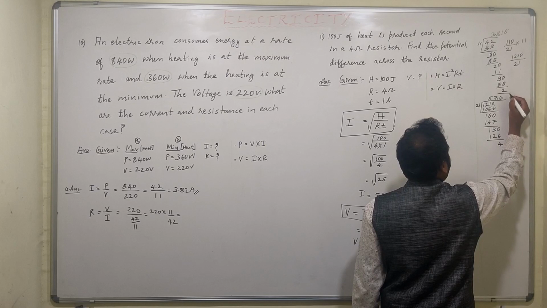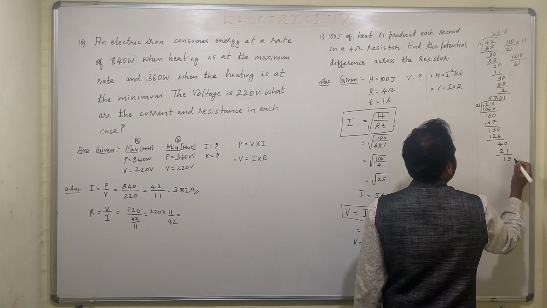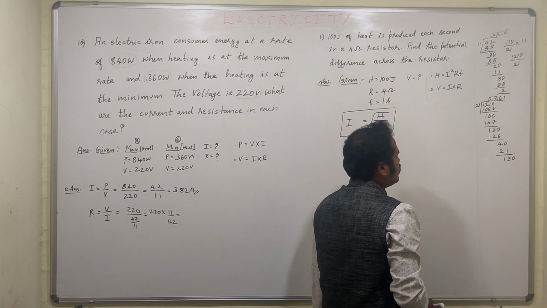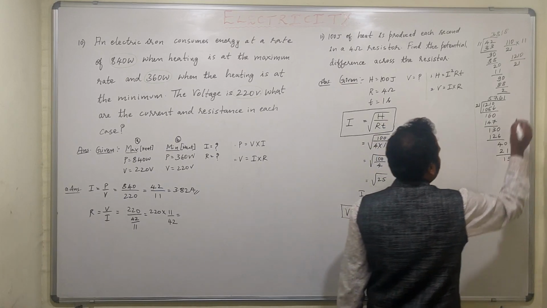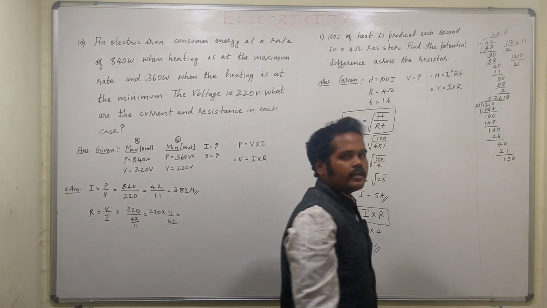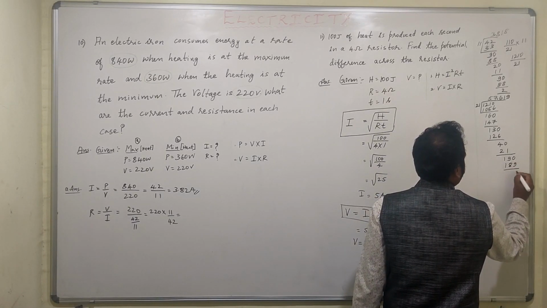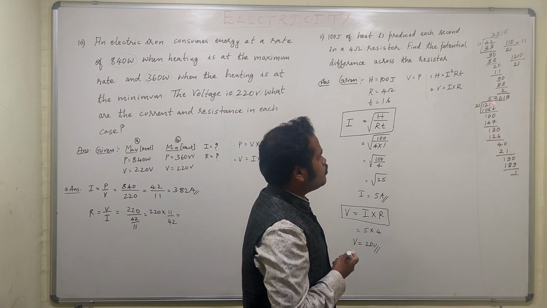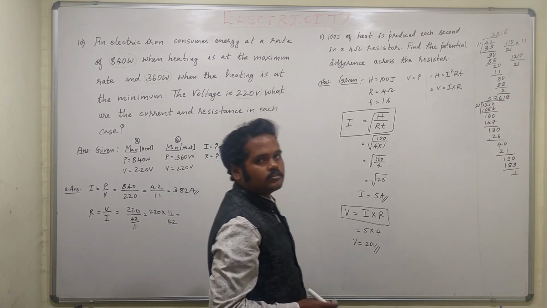Again we'll take a 0. 21 1s are 21, 2s are not possible, so we'll be left with 19. A 0, 190. 21 9s are 189. We can go with 189. So here we have 57.619, which we can round off to 57.62. Since 9 is bigger than 5, 61 becomes 62.